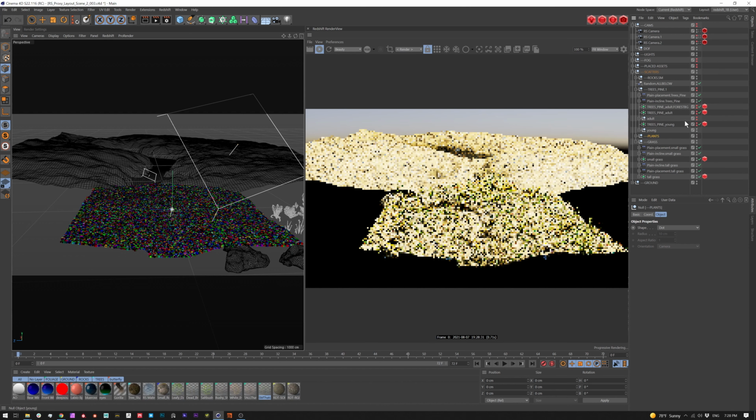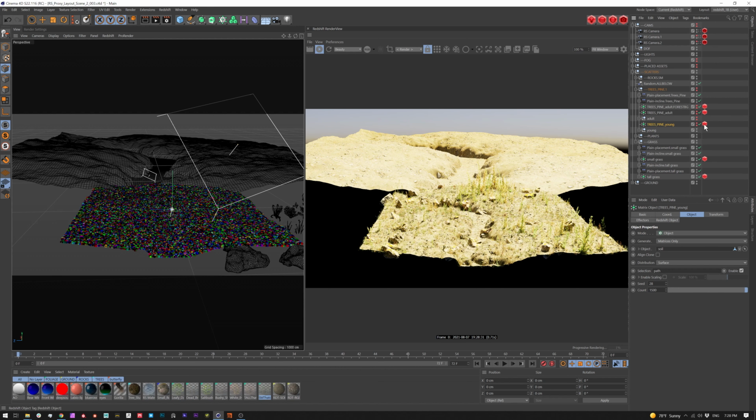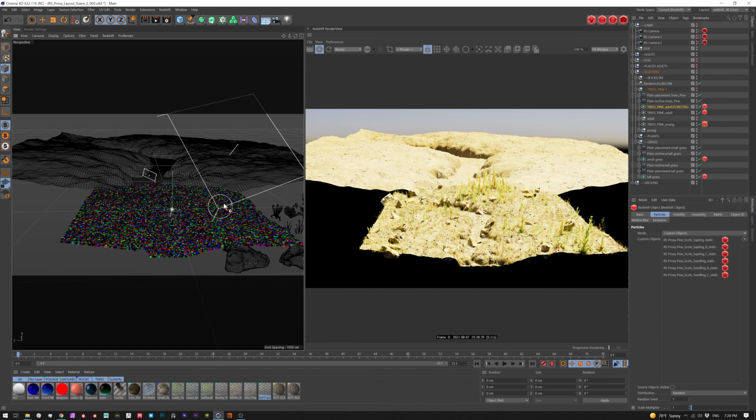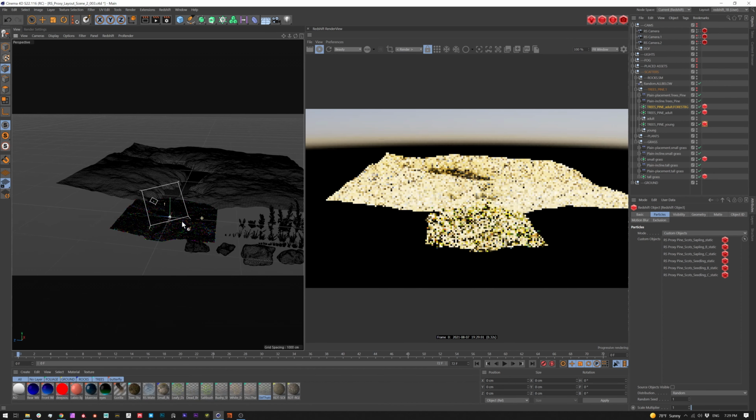And then the biggest thing is with the trees, they're using the soil. And then I have selection sets based on the different selection tags. And those are just using the custom proxies that are set to random. And that's about it. So if I turn these on, you'll see in a second, this will be quite